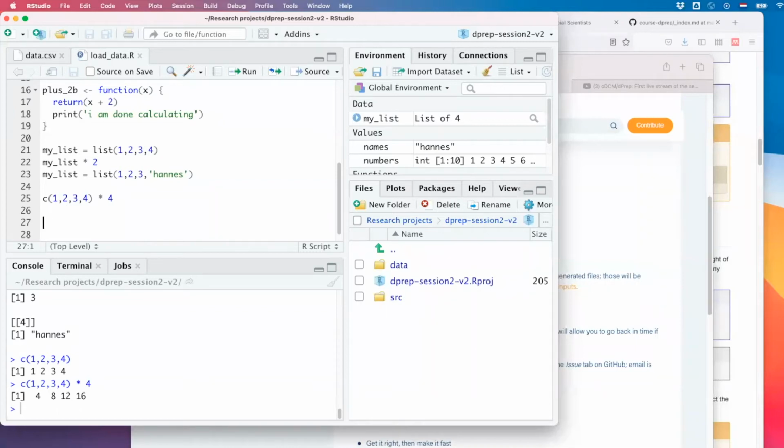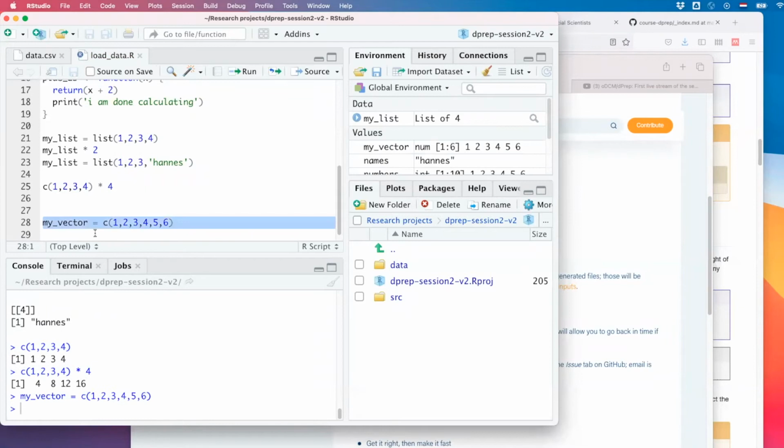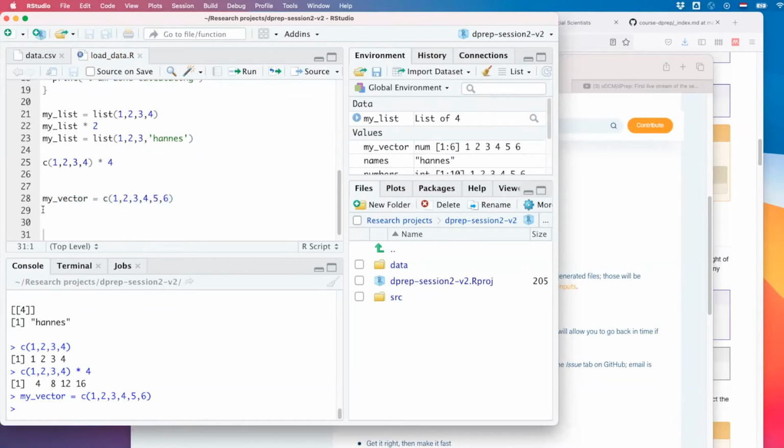Good, let me see what else I got on this. Vectors. Okay, there are 2 more concepts before I go on the break, which are subsetting and missing data. So let's create a vector. Let's call this my vector, and it goes from 1 to 6. Suppose I want to call an element, for example, the first element. In Python, you always choose the 0 element as the first one. But R doesn't know 0. It says, nah, nothing, empty. So R starts counting with 1.